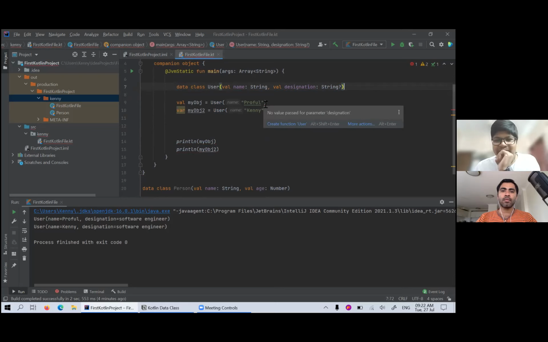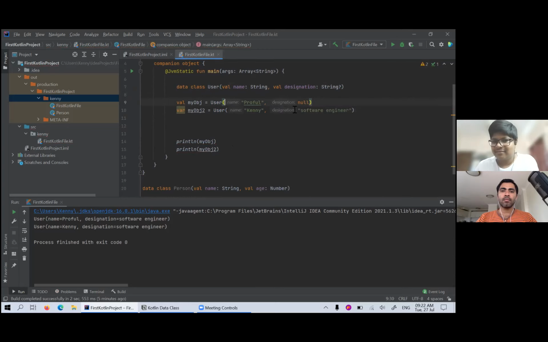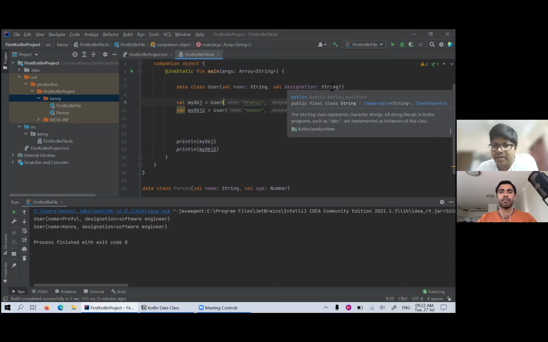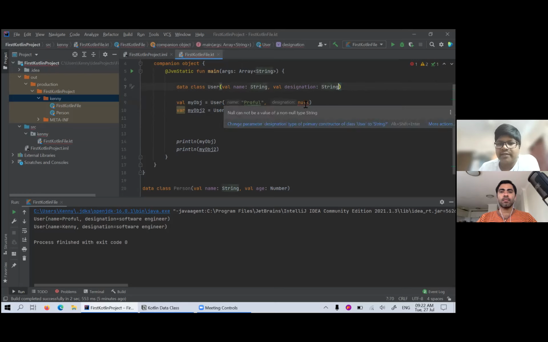No value passed to parameter designation. So what I've understood is that this can be a nullable value. Maybe if I pass null. Yeah, so I suppose it is saying that this string can be a nullable string. So designation value can be null. But if we don't have this question mark, I am assuming that it will throw an error. Yeah, it is telling that null cannot be passed because it is a non-null type of string.